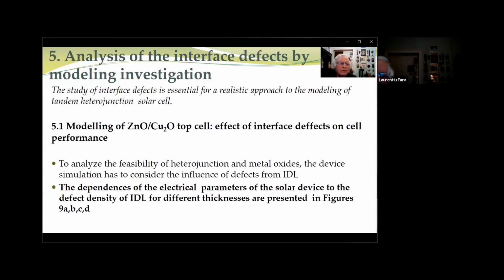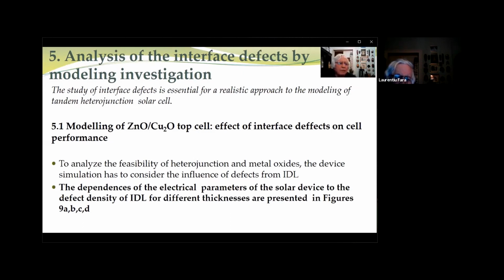It was considered the modeling of the zinc oxide, copper oxide top subcell, the effect of interface effects on cell performance was studied, and we consider the analysis of feasibility of heterojunction and metal oxides,